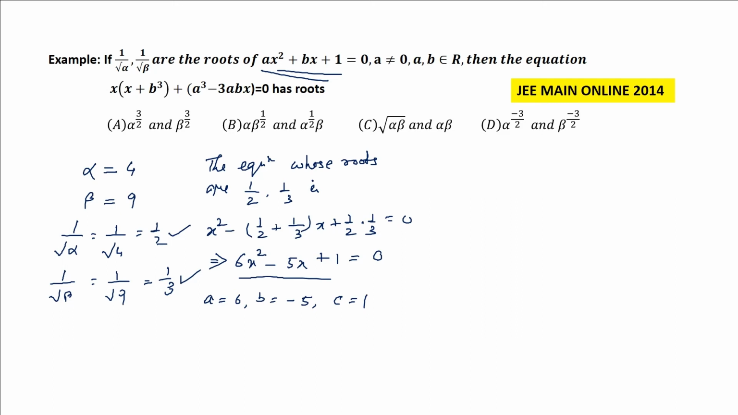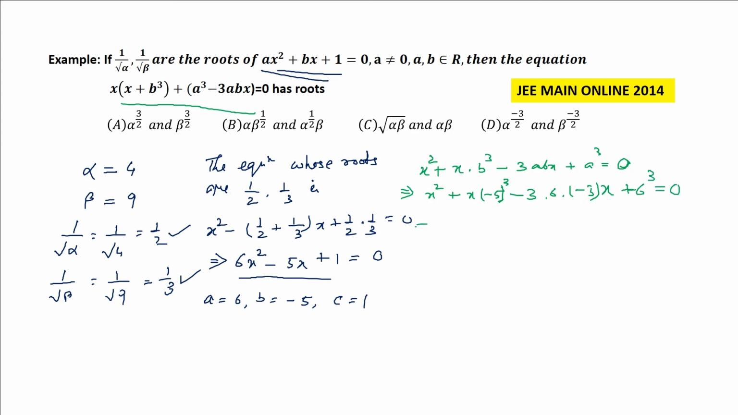Now this equation x square plus x into b cube minus 3abx plus a cube equal to 0 implies that x square plus x into (minus 5) cube minus 3 into 6 into minus 5 into x plus 6 cube equal to 0. So you get